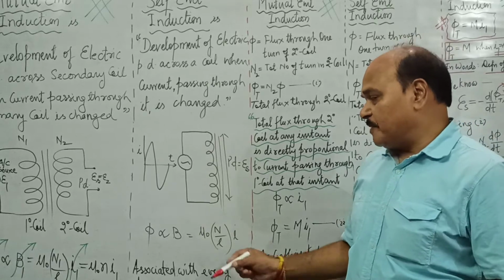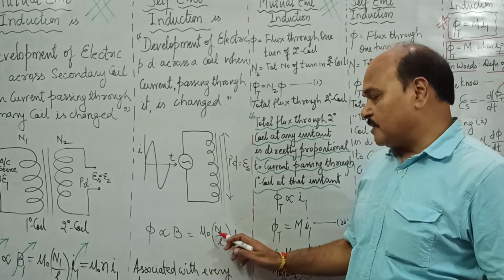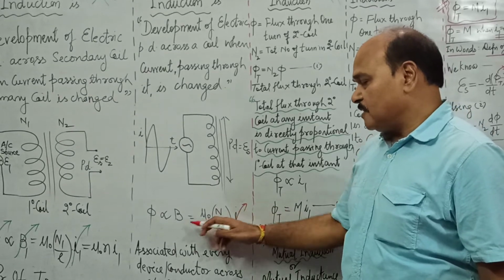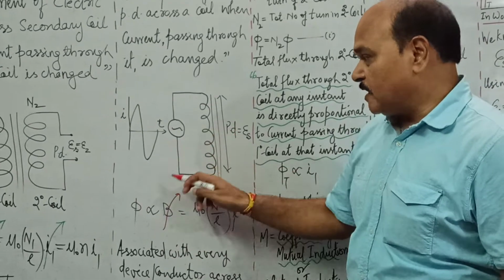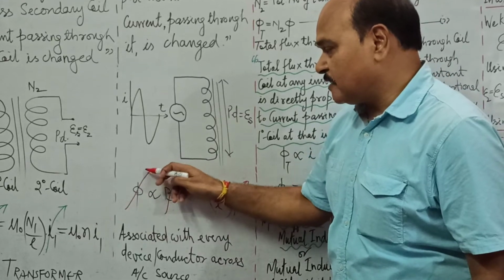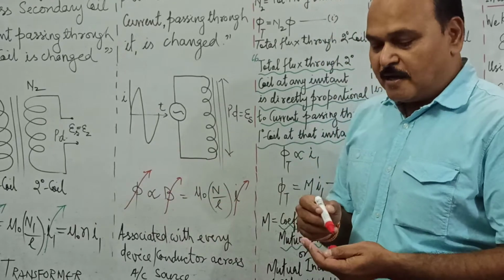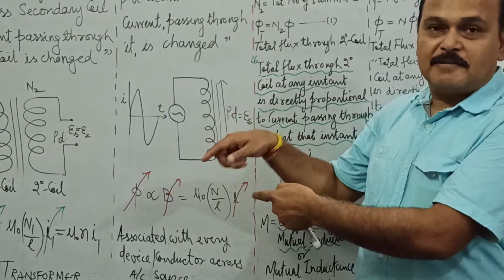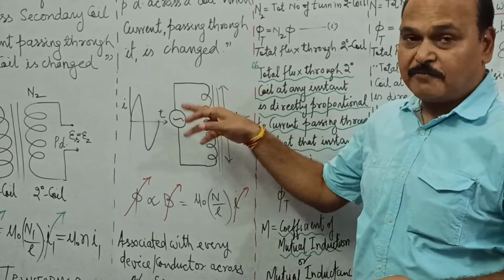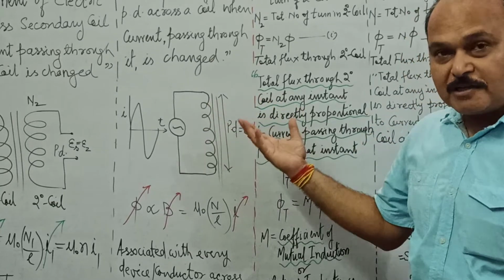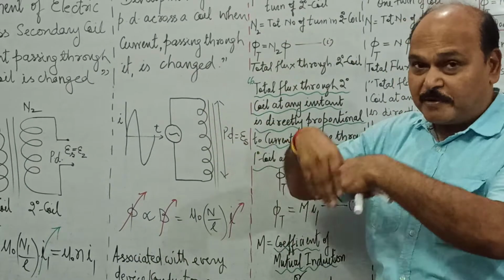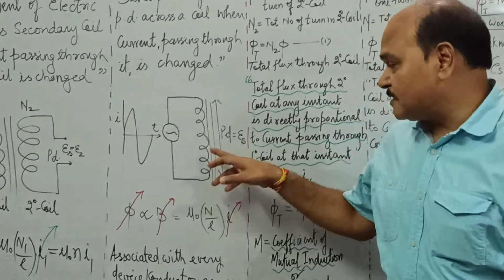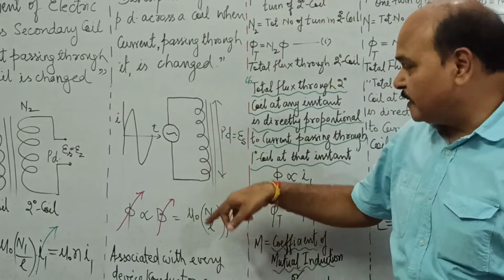Well, as usual, magnetic field due to a solenoid is what? Mu naught n i, that is, mu naught N upon L times I. If current varies, what happens? Magnetic field due to the coil varies. When magnetic field due to the coil varies, magnetic flux also varies. And that varying flux, first of all, passes through itself, before it passes through any other coil in the vicinity.